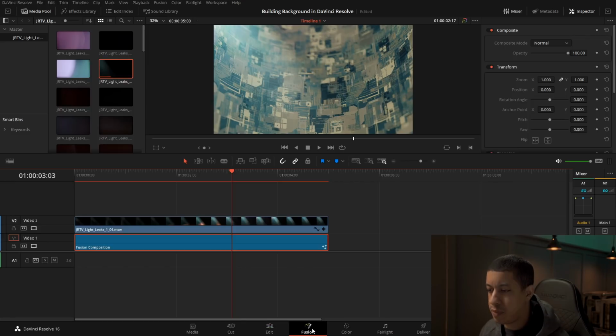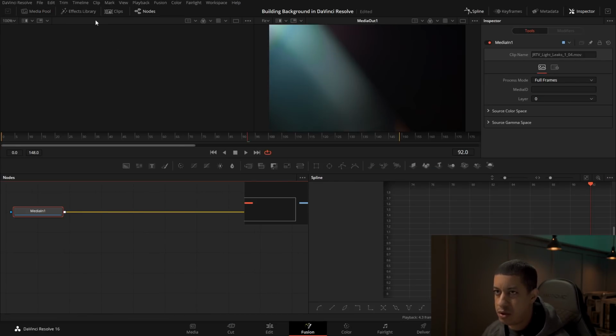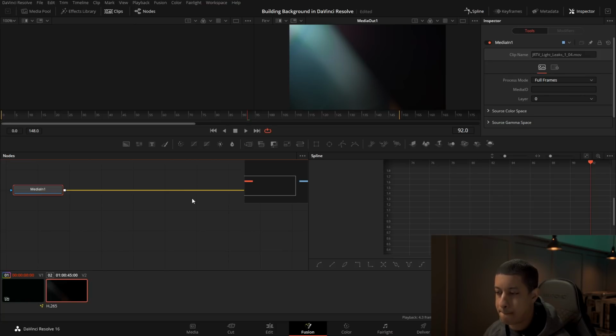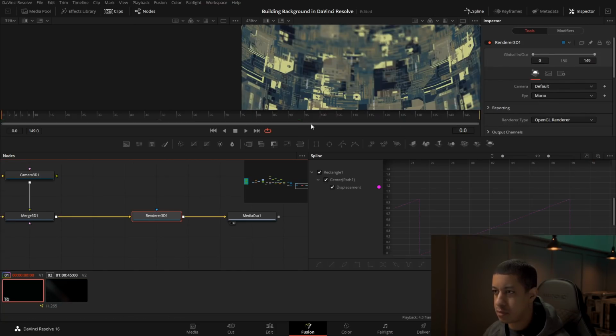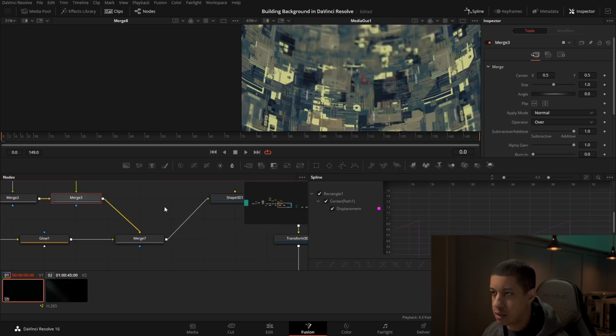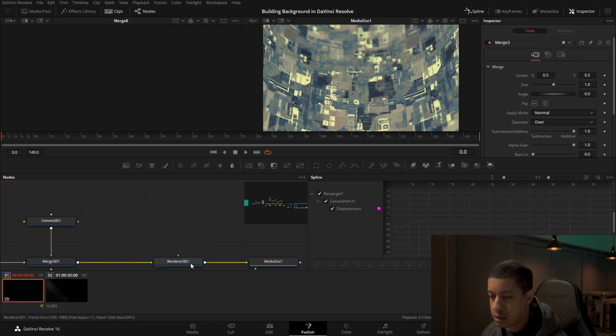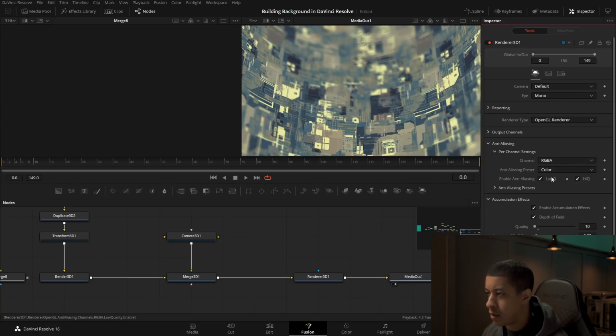The other thing too is maybe go back into Fusion and get some more depth of field going here. Everything's looking kind of flat. You could really tell that you're on one plane. I think I can maybe get rid of this as well. Let's come back in. The other thing you can do is come into anti-aliasing and turn that off. That really helps out quite significantly. Completely forgot to say that.